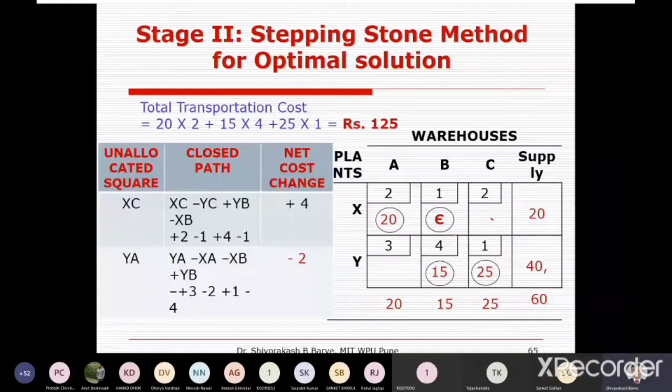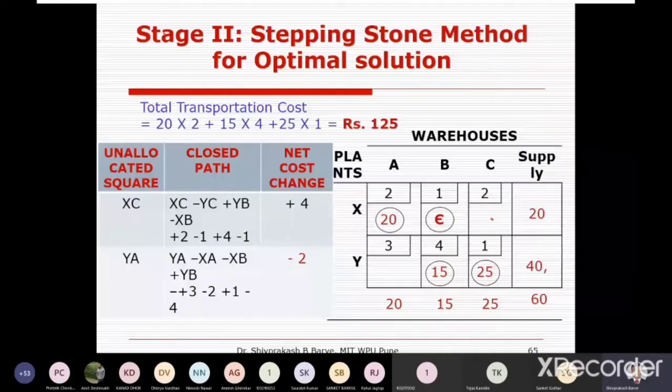Otherwise, if it is not giving the proper closed loop for the remaining unallocated cells, in that case go for the next cost. So consider that if it is not possible here, go for the next upper cost, that is at 2, and check whether it is giving a closed loop for the remaining unallocated cells or not. Now it is satisfying the condition. Now solve the problem.